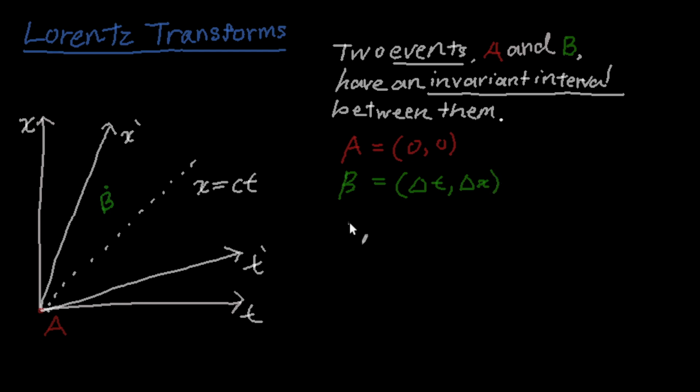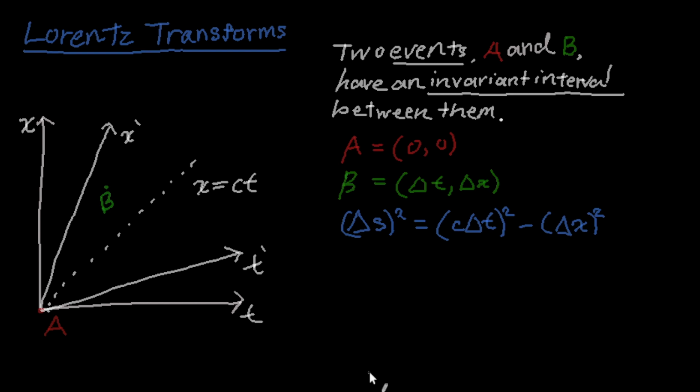So we can compute the distance between these two events, and special relativity tells us that the distance, delta s squared, is given by c, the speed of light, times delta t squared minus delta x